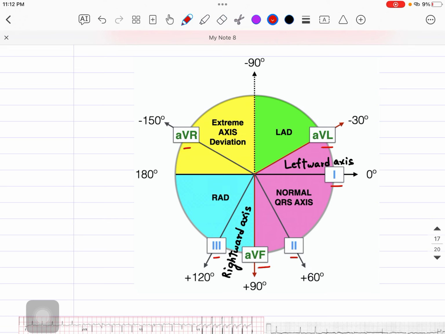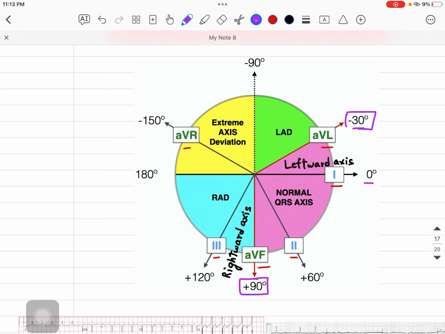For the ECG we need all the leads, but for the axis determination we need to look into the 5 important leads. These are 1, 2, 3, AVL, AVF, right? Once you understood this, the second step is, you can see that in front of the AVL they are mentioning minus 30 degree. In front of the first lead they are mentioning 0 degree, right? So these are the angles, or the degrees, basically. And what we need to know is that between minus 30 degree and plus 90 degree, you can see the purple color,